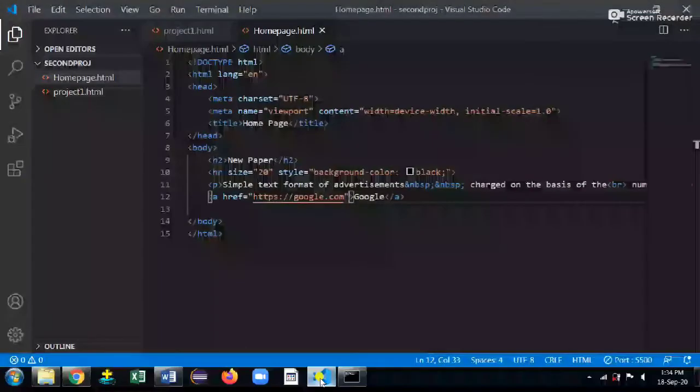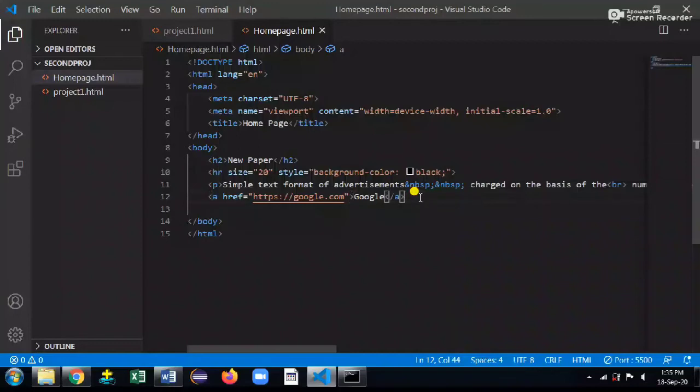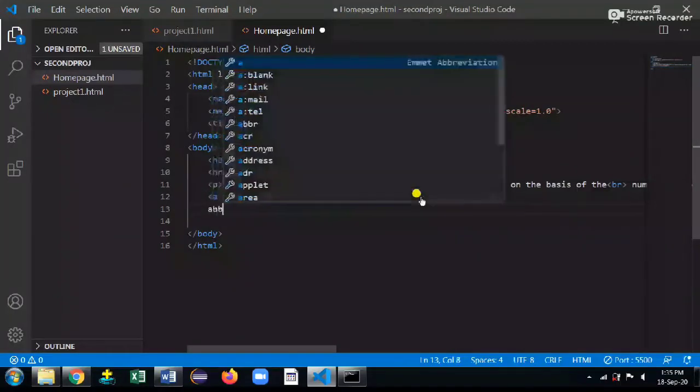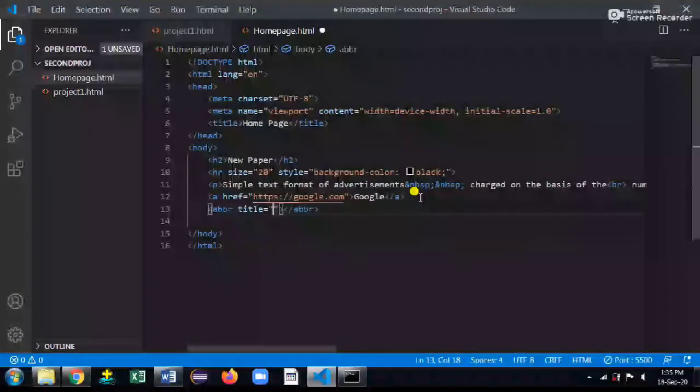Now we will see one more tag, that is abbreviation tag we will see. So HTML attributes, we have a ABBR tag. It is used for HTML abbreviation. Means if we want to give a description like specification for any code word, so just we need to mouse over the element, we can see the description for that code word. So how we will use that? Type it here ABBR abbreviation tag and give the value like code word value.